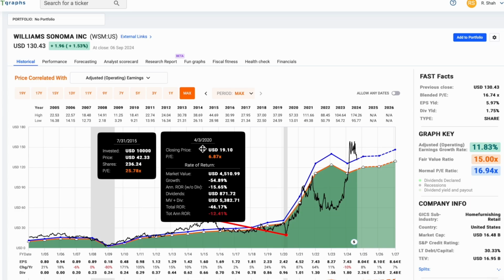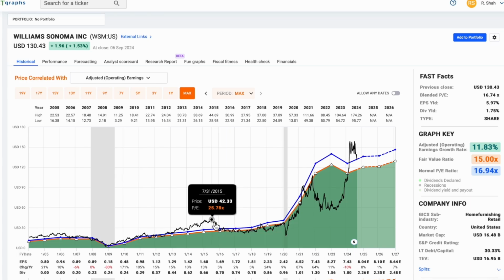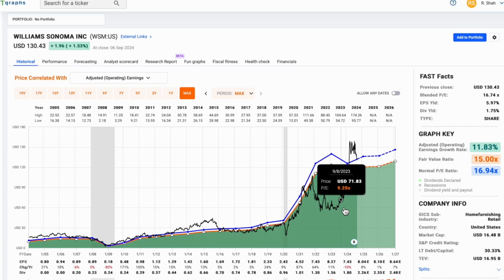But the real trick to buying really good high quality stocks, and how they actually combat inflation in a retirement portfolio, is buying them when they're undervalued. So stocks are risky when they're overvalued, during times like this, when it's over the green area, over the earnings. But stocks are generally pretty safe when they are undervalued, when they're under their earnings. And most investors don't have the discipline and patience to buy it in this area.